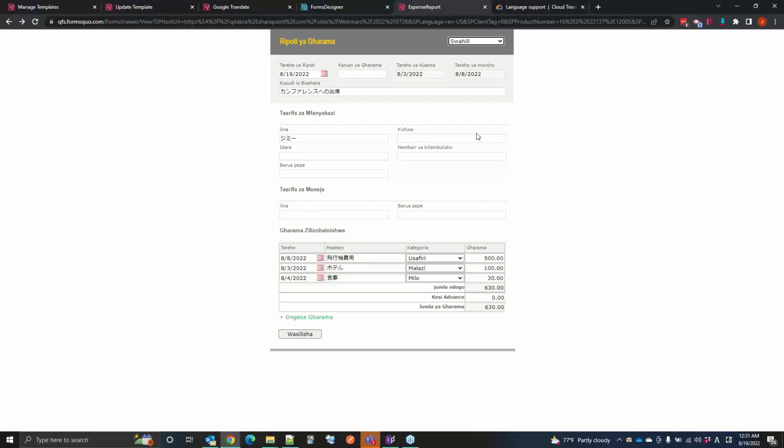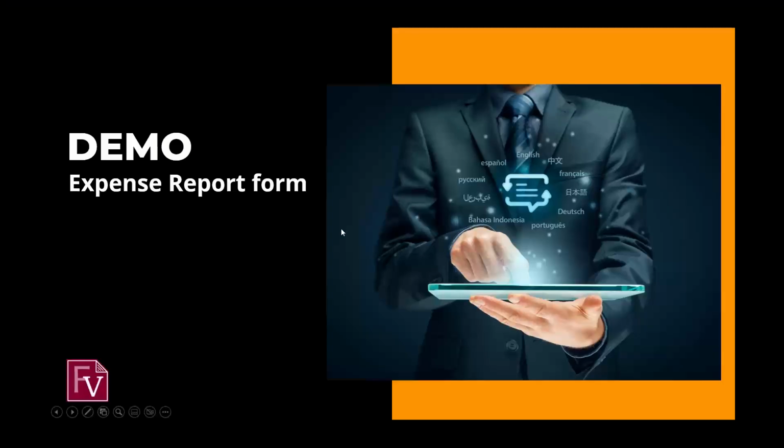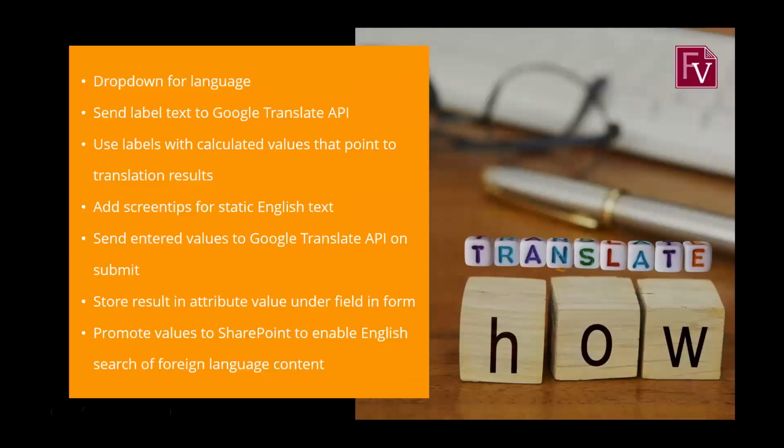Okay, that's pretty much it, I think, for the demo. Let's move back and quickly summarize with our slide deck here. Thank you very much, Jimmy. That was amazing. So what Jimmy showed was how to add these files to your form. We're going to provide you with these two solutions, these two sample forms, the expense report and the sample form